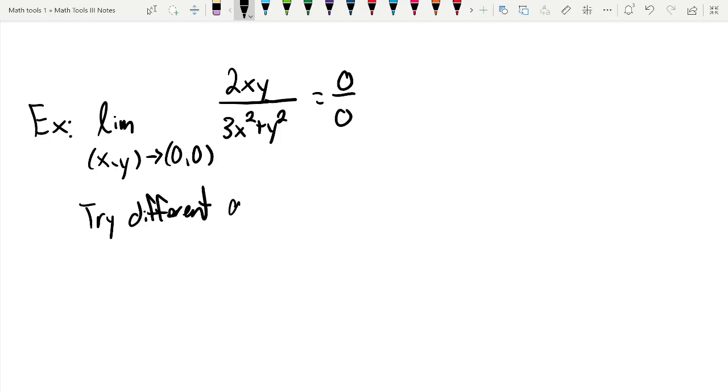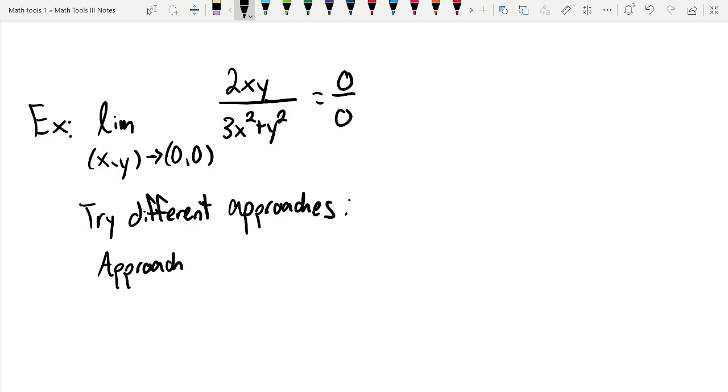Okay, so it's not just the left and right like it was with single variable, right, in 2 dimensions. So we'll try different approaches. Okay. I don't know why I wrote that so badly. Okay. So let's consider